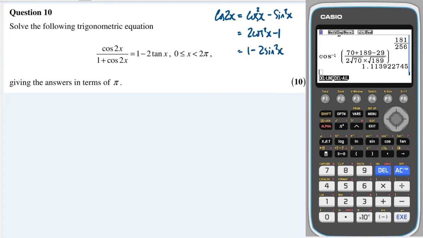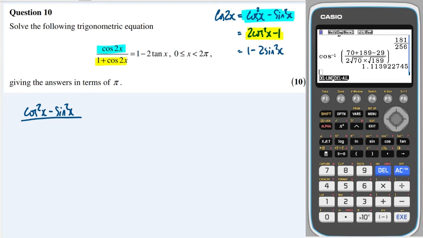Okay, so it's not always obvious which one to use, but this one on the bottom here, there's a +1. So I'm going to use this one because that's going to give me a -1 to cancel with that +1. And the top one, I'm not really sure which one to use, so if in doubt, just use the original one. Okay, so that's going to give me cos squared x minus sine squared x